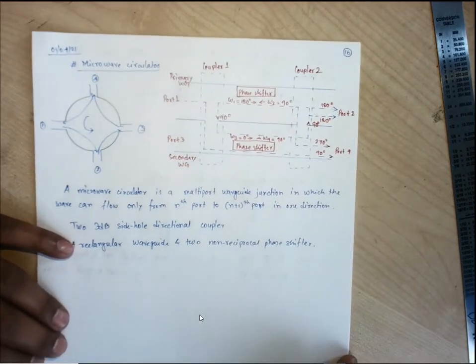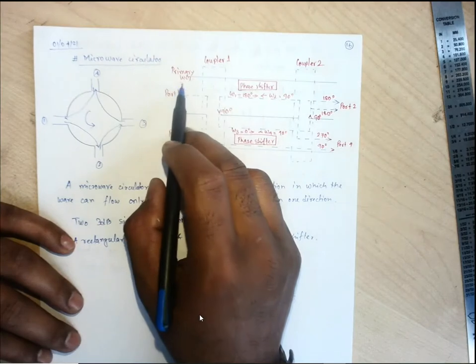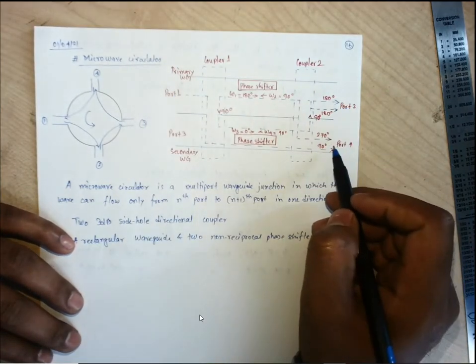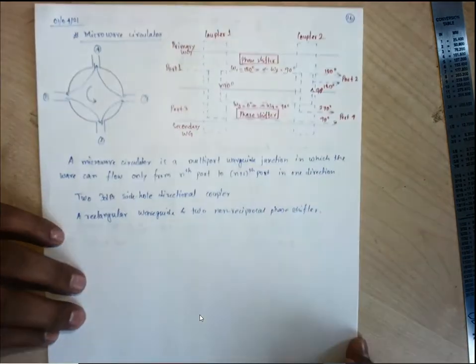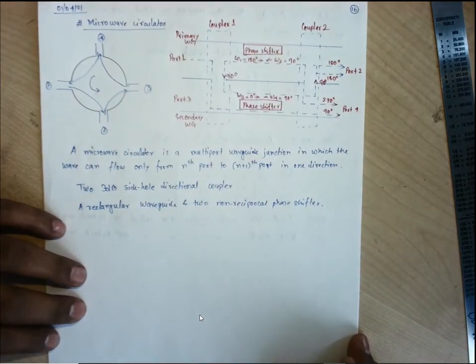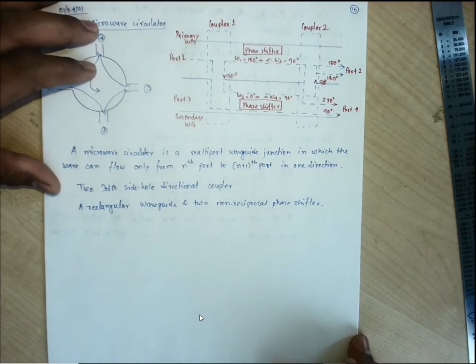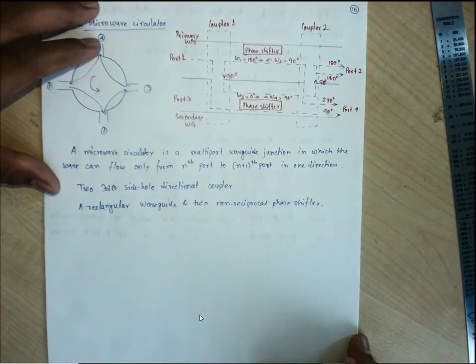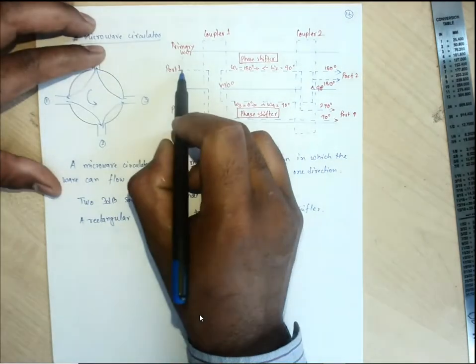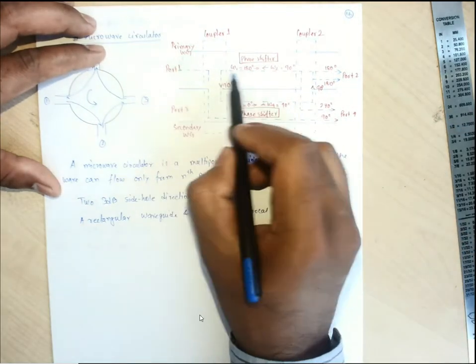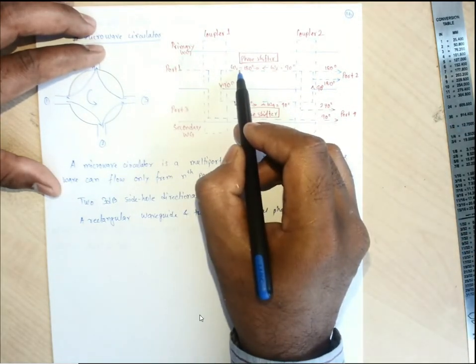Okay, so let us see, if the wave is given to port 1, then how it is available only at port 2, not at all at port 3. So these are 90 degree, that is 3 dB couplers. It produces 90 degrees to the coupled port. The phase change in the coupled port is of 90 degrees. Okay, so let us give the input at port 1. So if on this coupler, this side will be the through port, there will be no phase change, right?